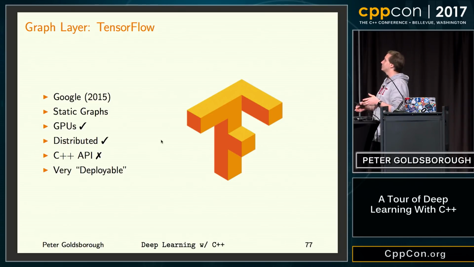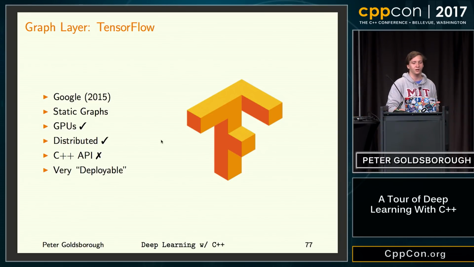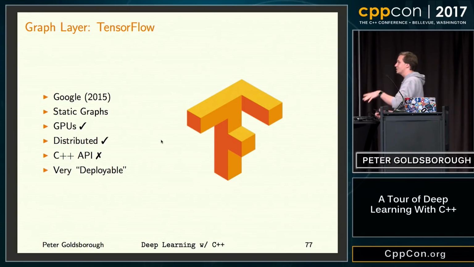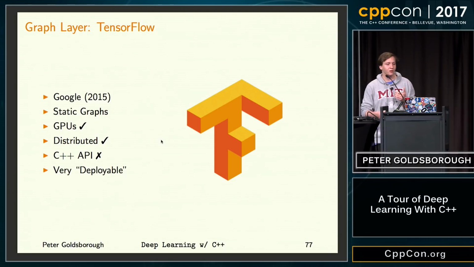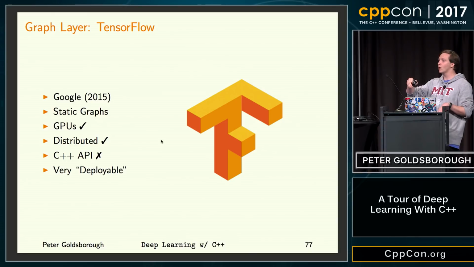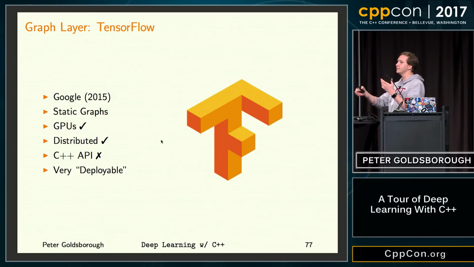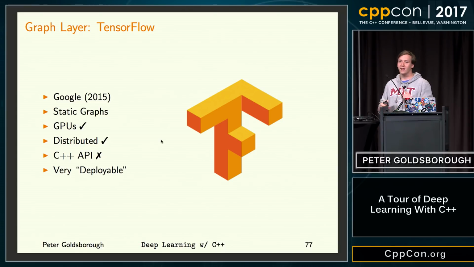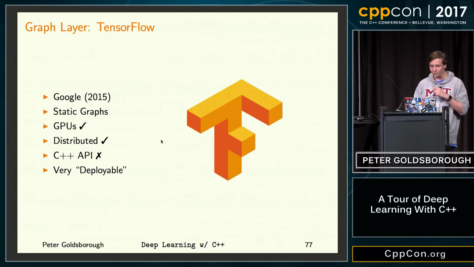I use TensorFlow myself, but the one thing I don't like about it is that it's so low level. So you really define these basic additions and multiplications. And it's so low level that there are around 10 different competing higher level libraries based on top of TensorFlow that all define the same dense layer, all the same convolution. So what can happen is that you read 10 different papers and look at the code for all of those papers, and each of those implementations will use a different higher level library on top of TensorFlow. So that can be quite annoying.